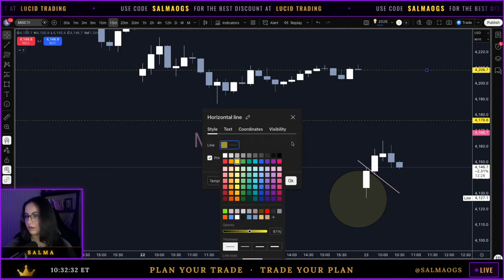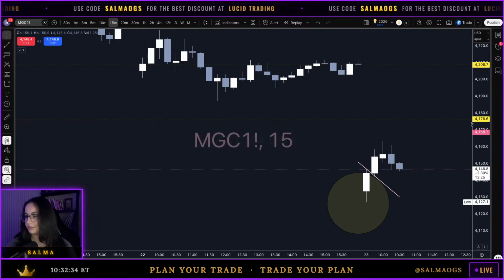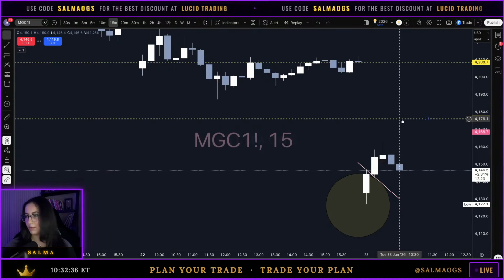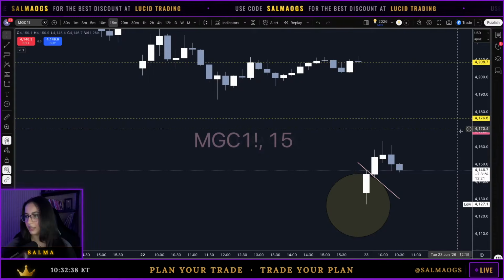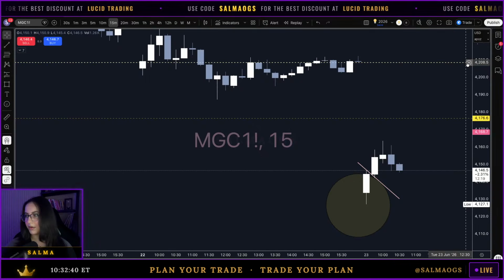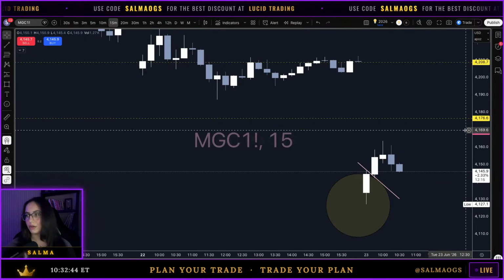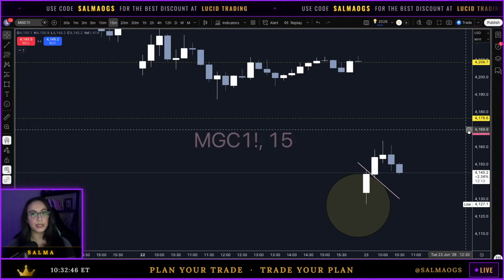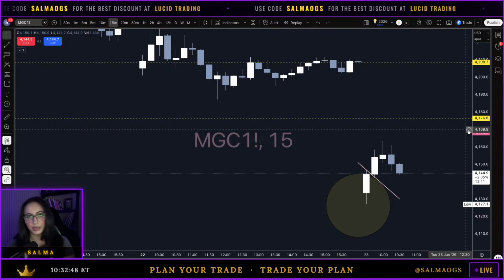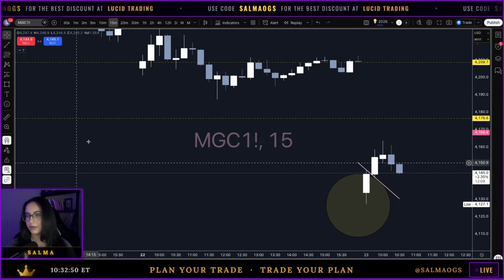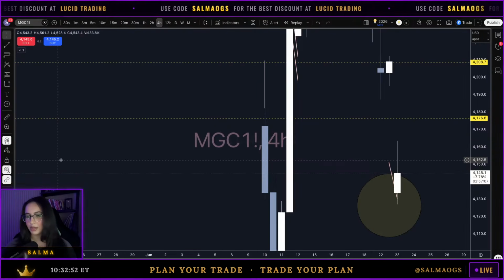So you have the midpoint here, this yellow dashed line, and then up here at 208 is full gap fill on GC. So I mark those right off the open just so I can have that there as a visual, right? And so my target off the 4-hour, that trade that I was in,